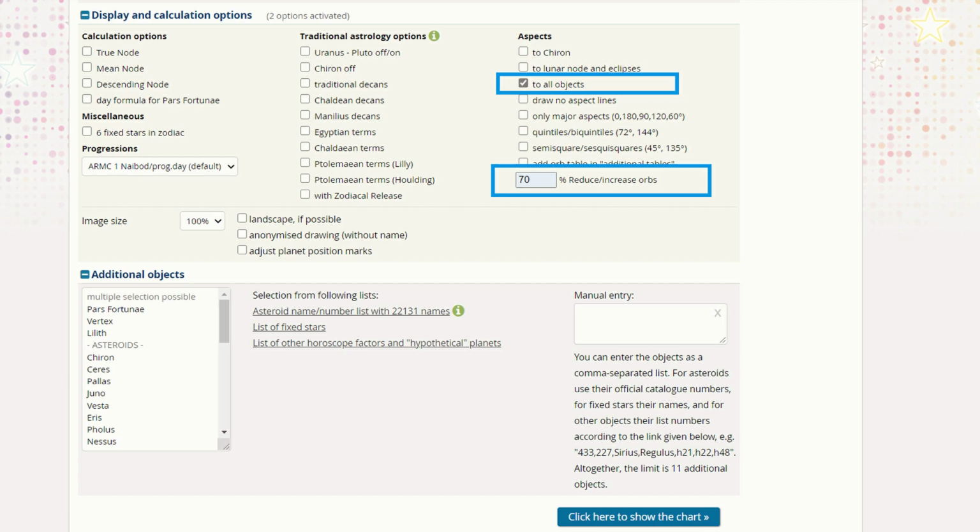Then go to the very bottom where it says additional objects. In the manual box where you can manually select other asteroids, type in 1181, which is the asteroid Lilith. This is the actual asteroid body that's physically floating in the sky. I would use H13, which is the true Lilith. This is not a particular body, but an average point of the dark parts of the sky. I would also turn on H58, which is the Waldemat Lilith. As I go throughout this video, I will tell you what the different Liliths mean.